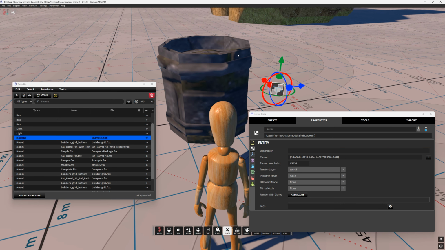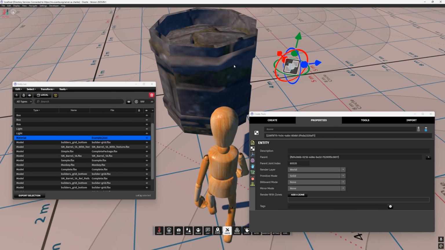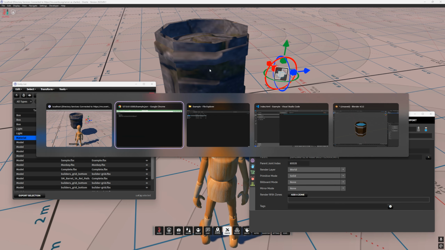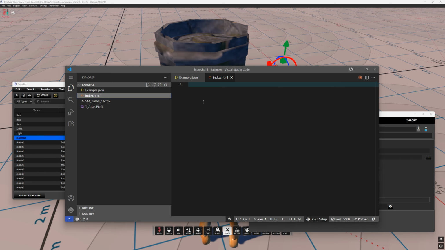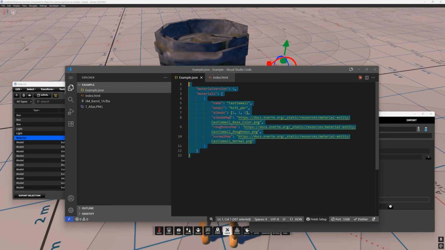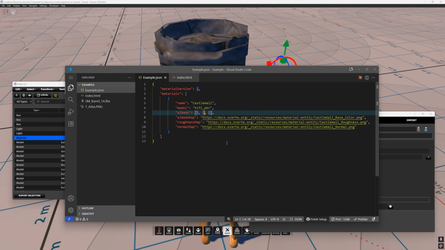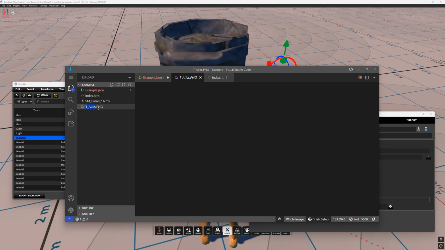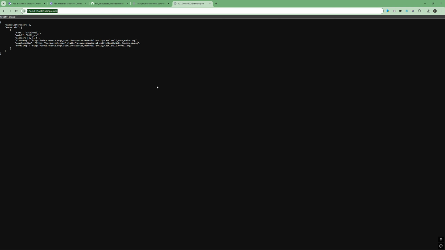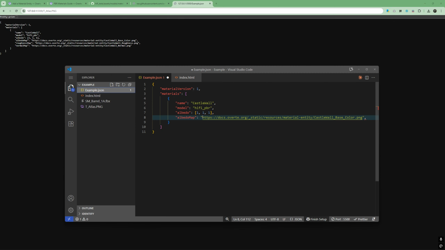and as you can see, that is being applied. Oh wait, oh yeah, sorry. So the value is still using the old one, so I'm going to modify it quickly. In this case, we don't need a normal, we don't need a roughness. I'm just going to use the image, so it's going to be something like that. Right, so that's the albedo. Make sure the format is correct. This is my